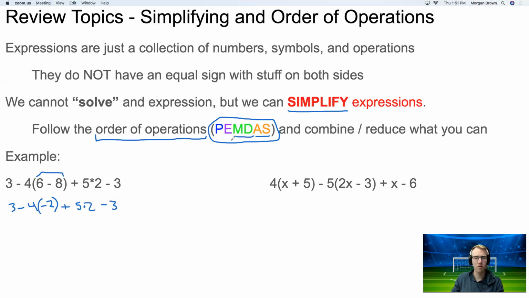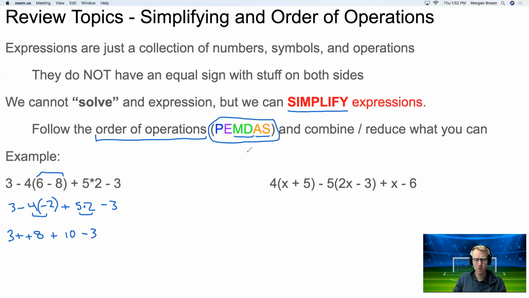Okay, now look for exponents. We don't have anything with exponents. We move on to multiplication and division. I have multiplication right here. These are connected. So anytime you have a number next to parentheses, that means multiplication. So what is this? It's 3 minus, and now 4 times -2 is -8. So remember that when you subtract a negative, it becomes positive. Alternatively, you could think of this as a -4 times a -2, which ends up becoming +8. Either way, you end up with 3 plus 8, and then plus, right here, I get 5 times 2 is 10,